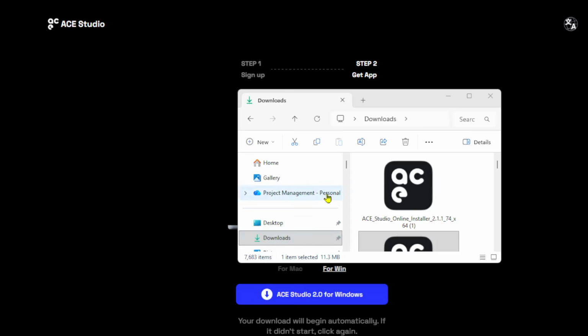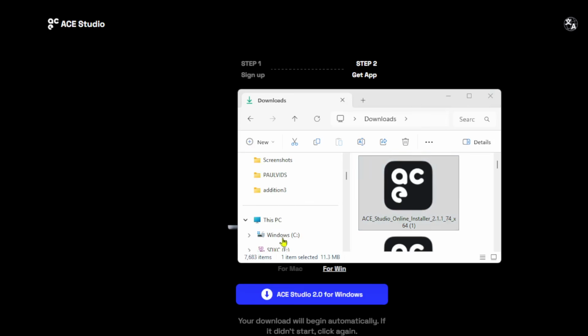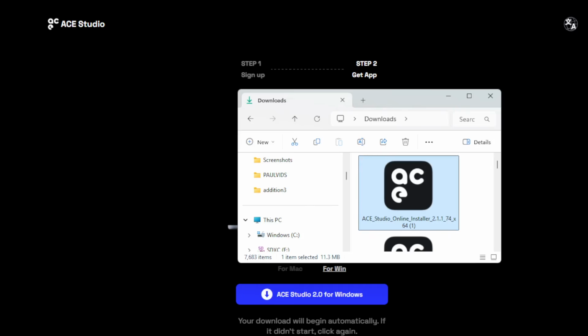So now in my downloads, I can see Ace Studio Online Installer. I'm going to double click that. And what I see is this, which says, do you want to allow this app to make changes to your device? I will go ahead and click on yes, and it seems to be busy doing what it typically does.